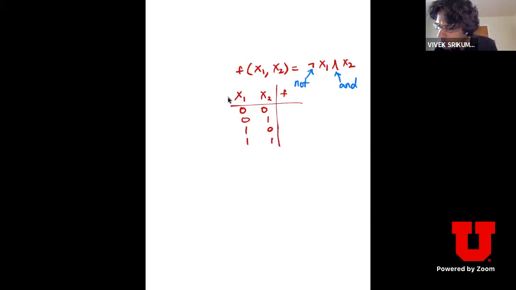For this function to be true, x1 has to be false and x2 has to be true. When x1 is false and x2 is also false, not x1 is true, but x2 is false, so the whole thing disappears. Here it's a 1, here it's a 0, and here it's a 0. So if I want to write this as a decision tree,